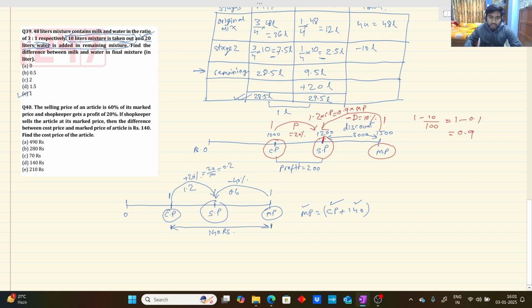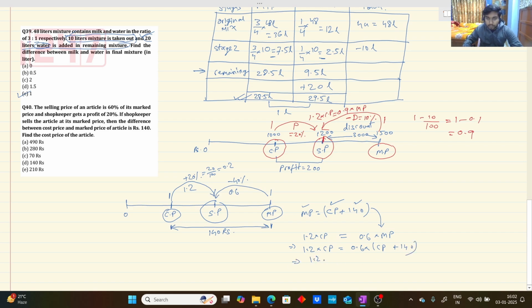So if we take with respect to cost price, my selling price would be 1.2 times CP. That would be my selling price. And also with respect to marked price, what would be my selling price? 0.6 of marked price. That would be again my selling price, and these two terms would be equal. And we can replace the value of marked price from here. We'll get 1.2 into CP is equal to 0.6 into CP plus 140,